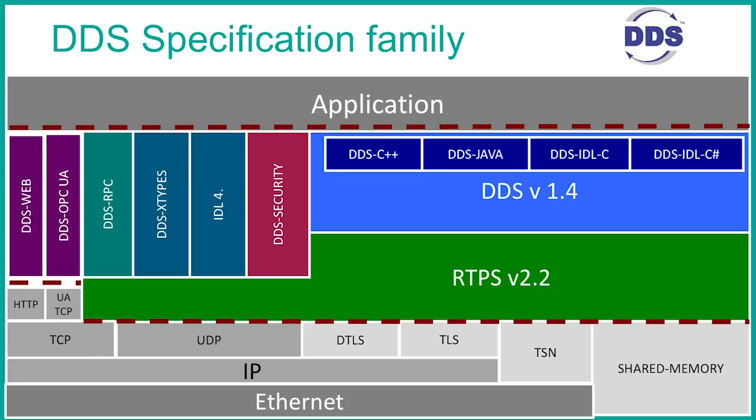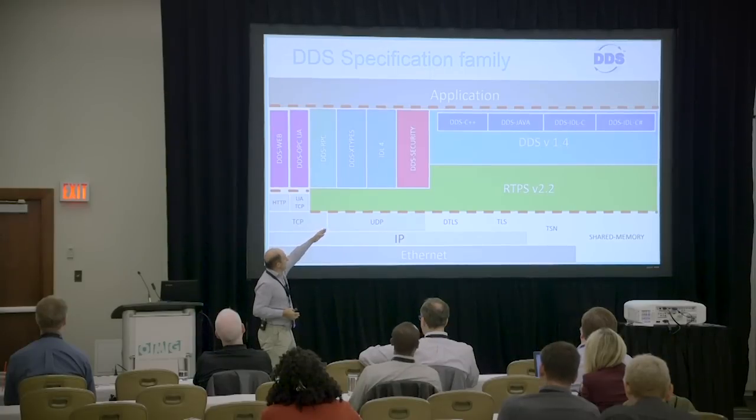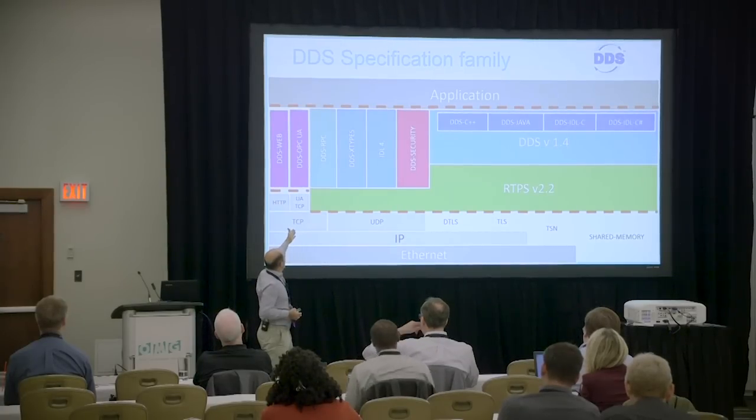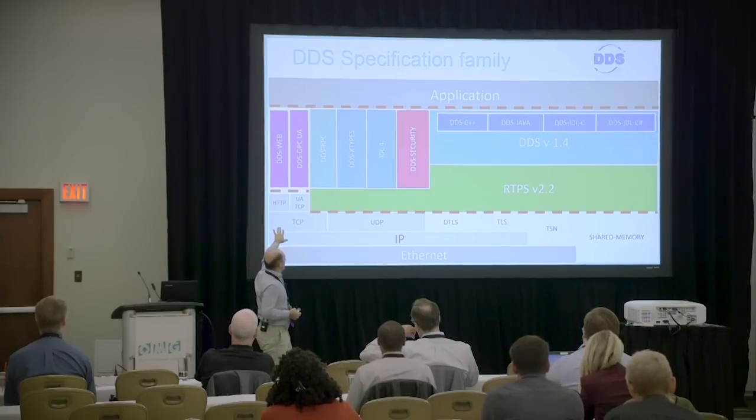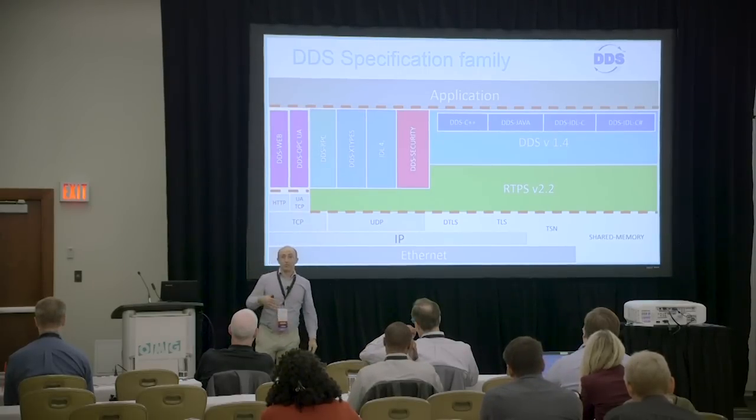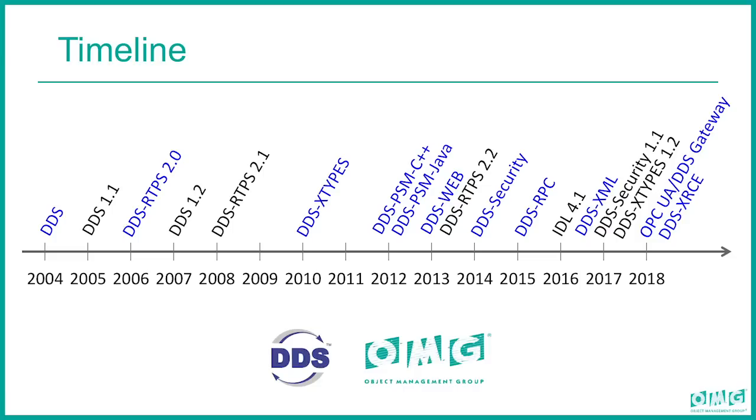red line over here are different DDS specifications, right? So we have specifications about the information model, the API, security, how to do service invocation, how to do publish-subscribe, and we also have specifications on how to interoperate with other technologies, like web technologies or OPC UA manufacturing technologies. And at the OMG, we work together with anybody that's interested in this type of technology to evolve the specification and create new complementary specifications.